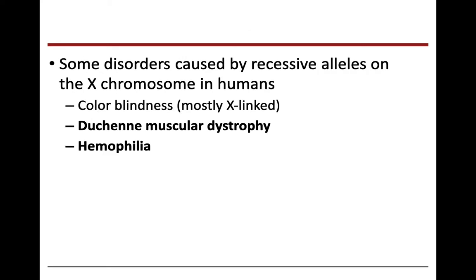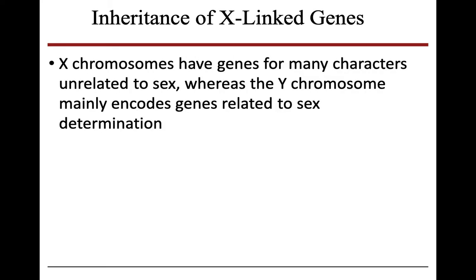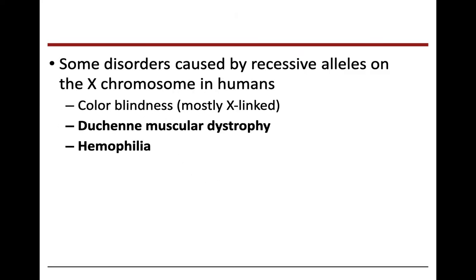Even teachers get it wrong sometimes. And I should know this because color blindness is a trait that we find on X chromosomes. Some disorders are caused by a set of recessive alleles on these X chromosomes, so color blindness, muscular dystrophy, and hemophilia, which is the inability to have blood clotting. All of these traits are much more represented in terms of phenotypic expression in biological males as opposed to biological females, because females inherit 2 copies of any X